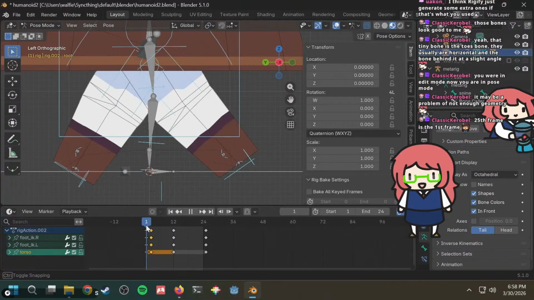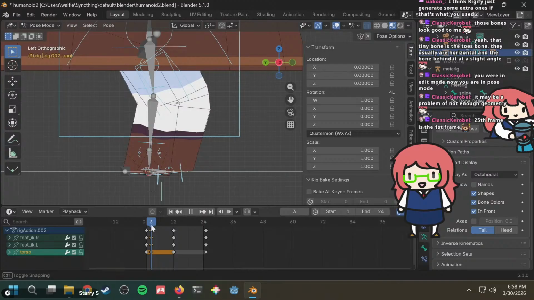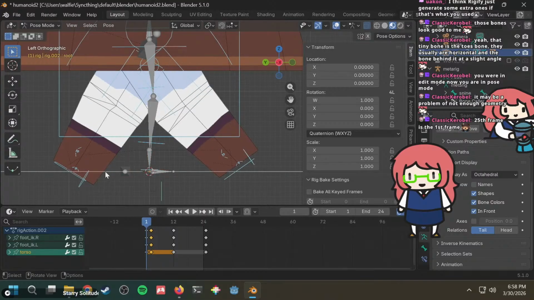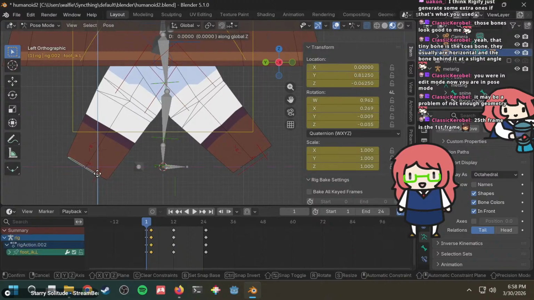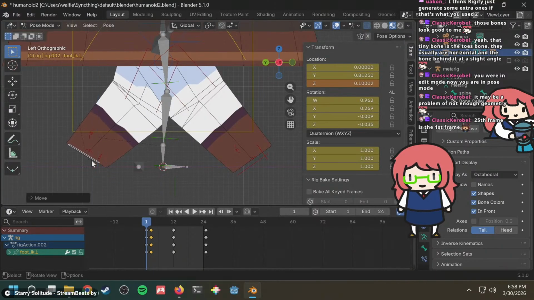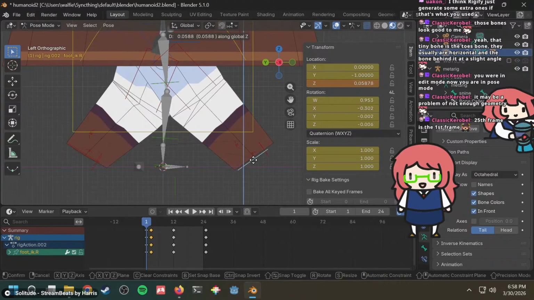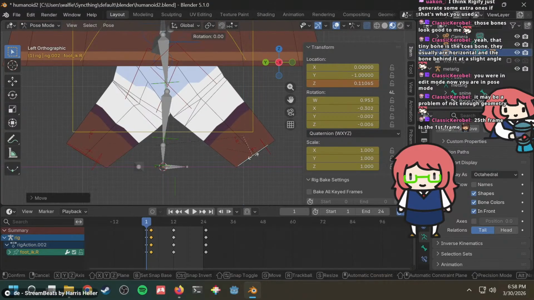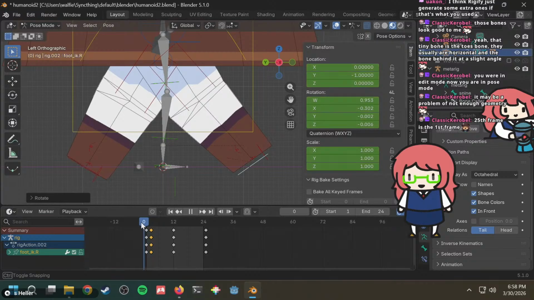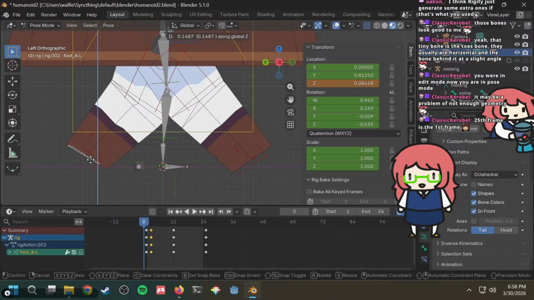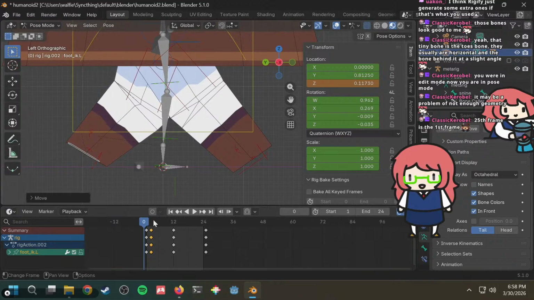Now why is this through the ground? Didn't I literally just change this one? If I move this up, and I move this up, and I rotate this. It didn't apply? For some reason it didn't apply. Oh, I'm on frame 0.